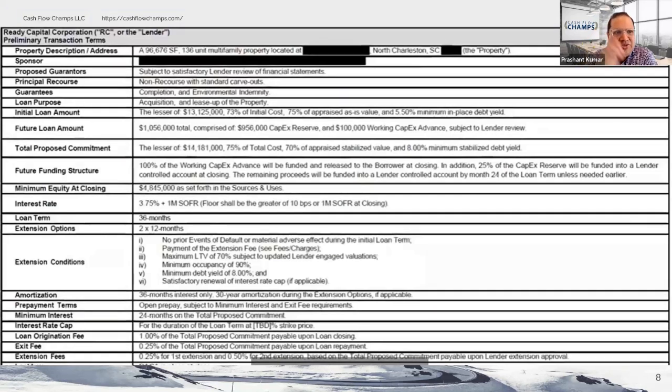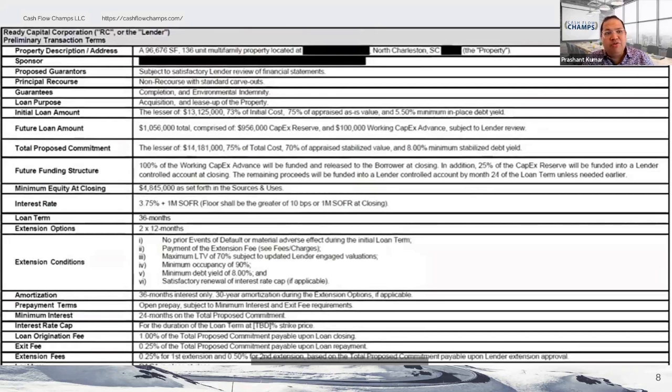So the lender writes all the terms. They want the guarantors and investments from other investors. That is the minimum equity they need. If they are issuing $14 million, they are asking us to put in about $5 million from the sponsor group. Again, the interest rate written here is 3.75% spread over 1 month SOFR. The SOFR 2 years ago was 0.1, to date it is 4.75.